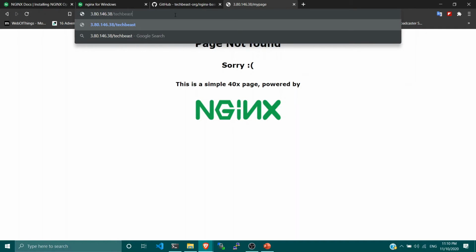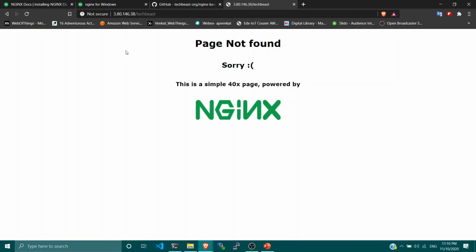For example, techbeast.org, there is no such path. So: page not found, sorry. This is a simple not-found page powered by Nginx. This is related to requests which are not available and cannot be served by the server. In case there is any issue with the server, the server will always respond with something